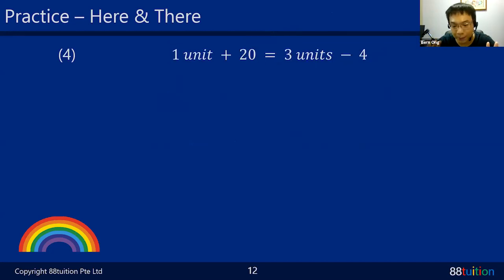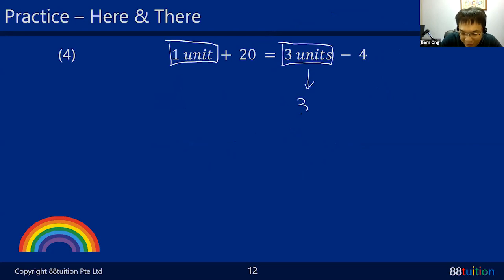Look at the pattern. Come on, look at the pattern. Okay, now you have a problem. What's the problem? One is 3 units, and this one is 1 unit. Who is heavier? Oh no, this one is heavier now. So 3 units is here. Okay, so these 3 units stay here. Your equal sign in the center.